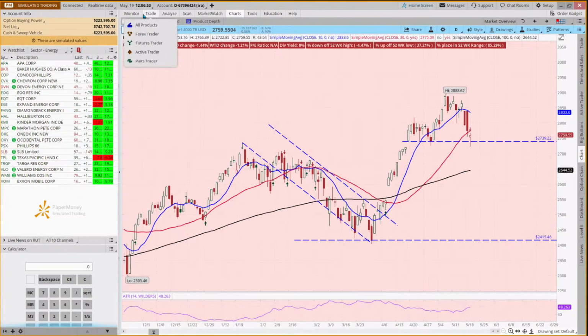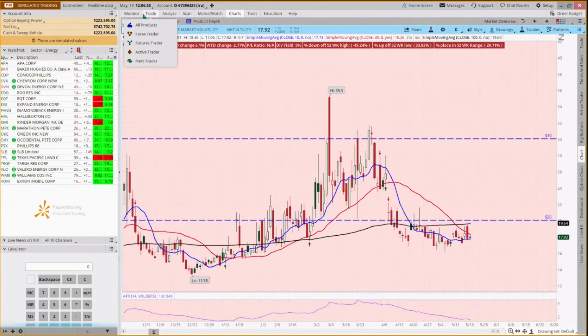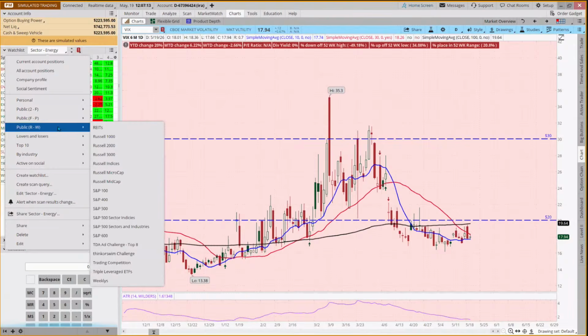And then when we look at the VIX, our volatility index, we're looking at something sitting just under 18, which is pretty reasonable compared to where it's been at other times so far this year. Okay. And if we're looking at sectors,